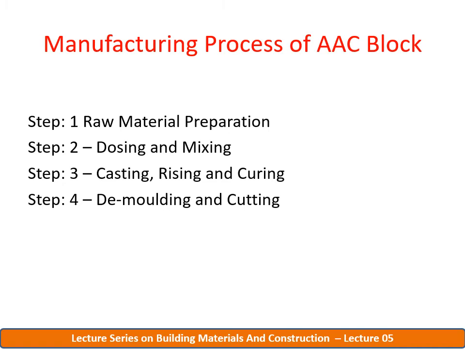Next is the aluminium powder. It is used to make lightweight products. Aluminium powder is added at 0.05%, which is a very small amount. It reacts with silica and active lime based material to make the aeration, making a very light product. So what are the different raw materials which are used in this manufacturing process?